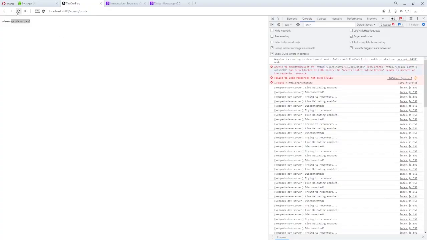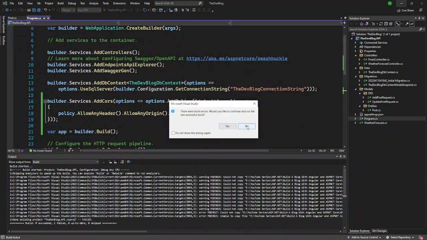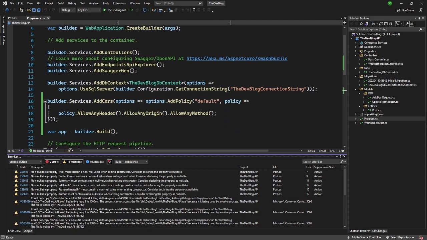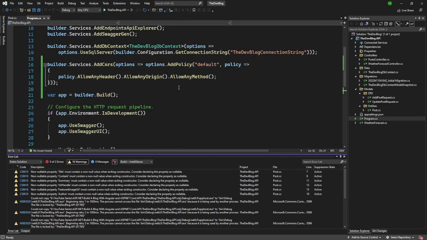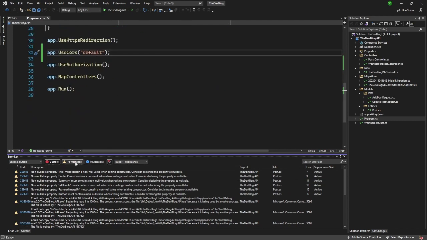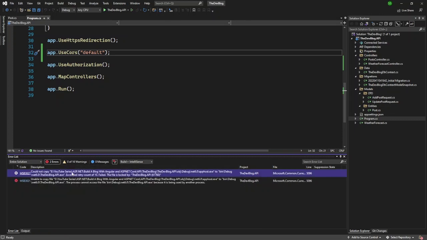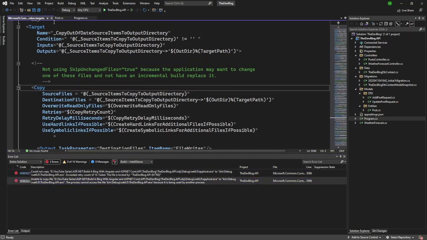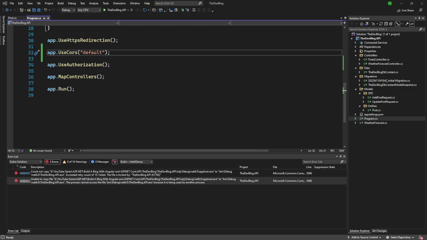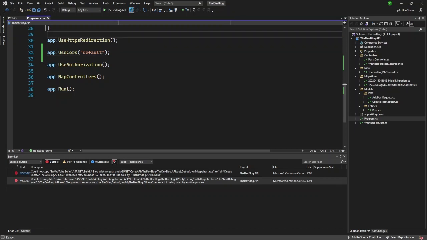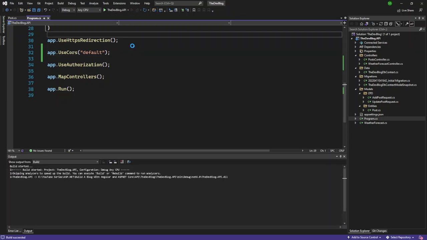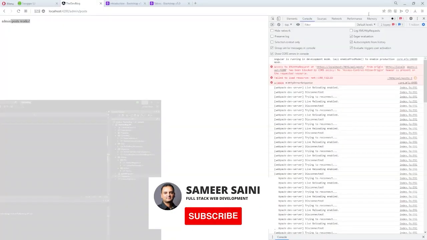And now if I refresh the Angular, something went wrong. There has been an error in the API. I think it's already in use, that's why it's not able to start it again. But I'll just stop and start the application to see if it works. So now our API is running,